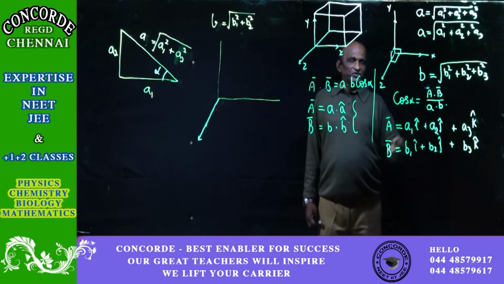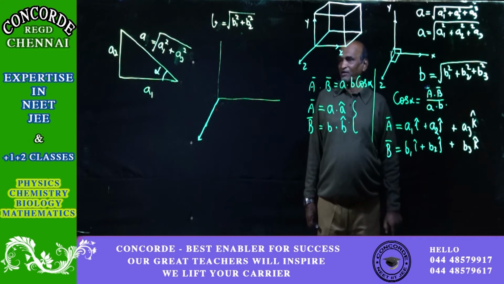A bar equal to so much. So now magnitude and direction both are there, direction is hidden. So take magnitude and direction for each of the three axes, and then when you add it up, that is going to be the result, which is A bar. Like that for B bar also. To find the value of cos alpha, see what we want. We want A bar dot B bar.